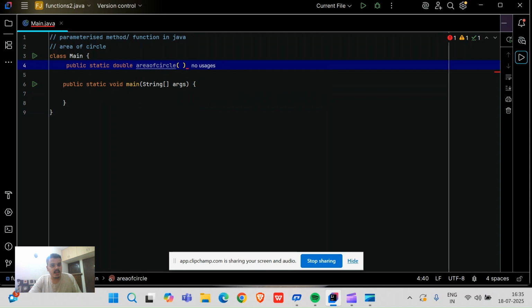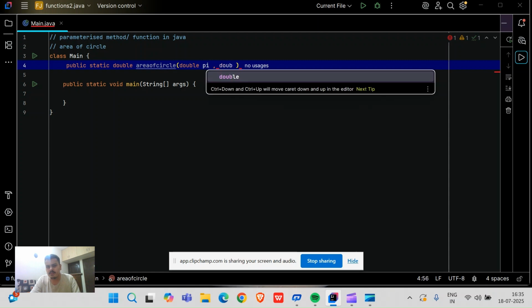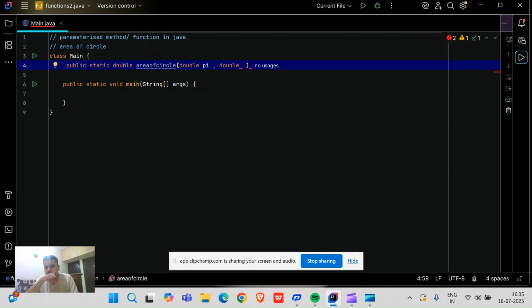So public static double area of circle, with double pi, then double radius. These are the two parameters that are going to drive this particular program.